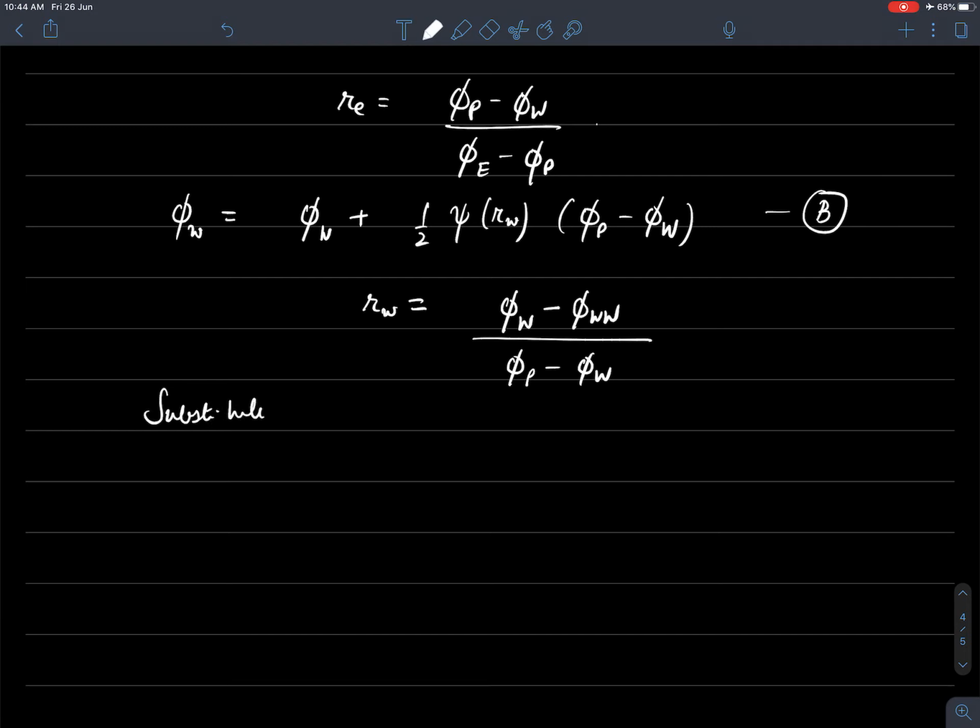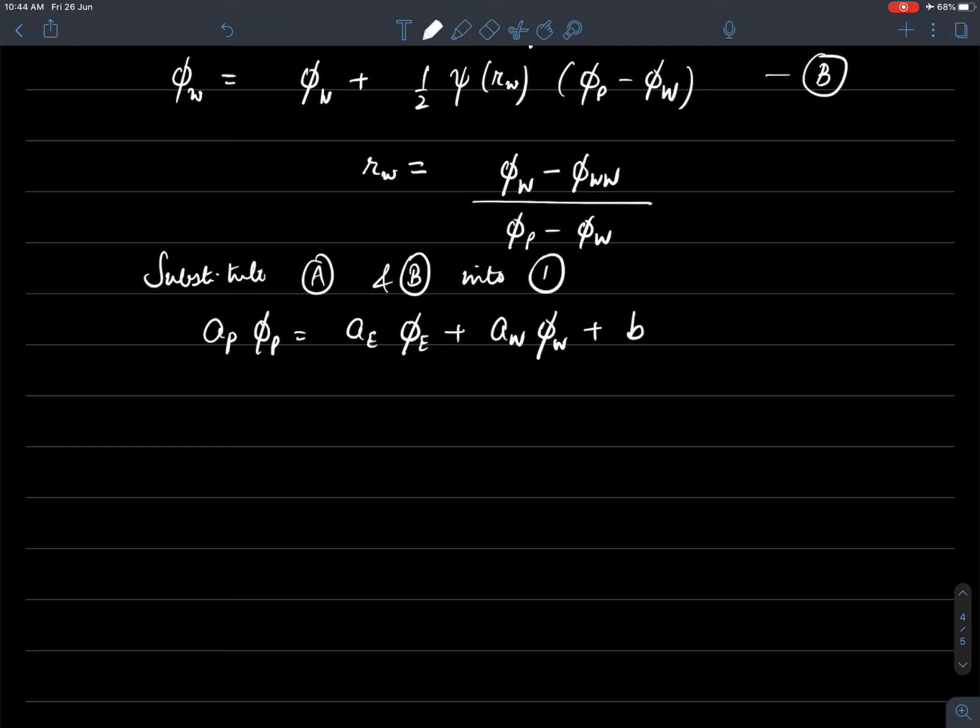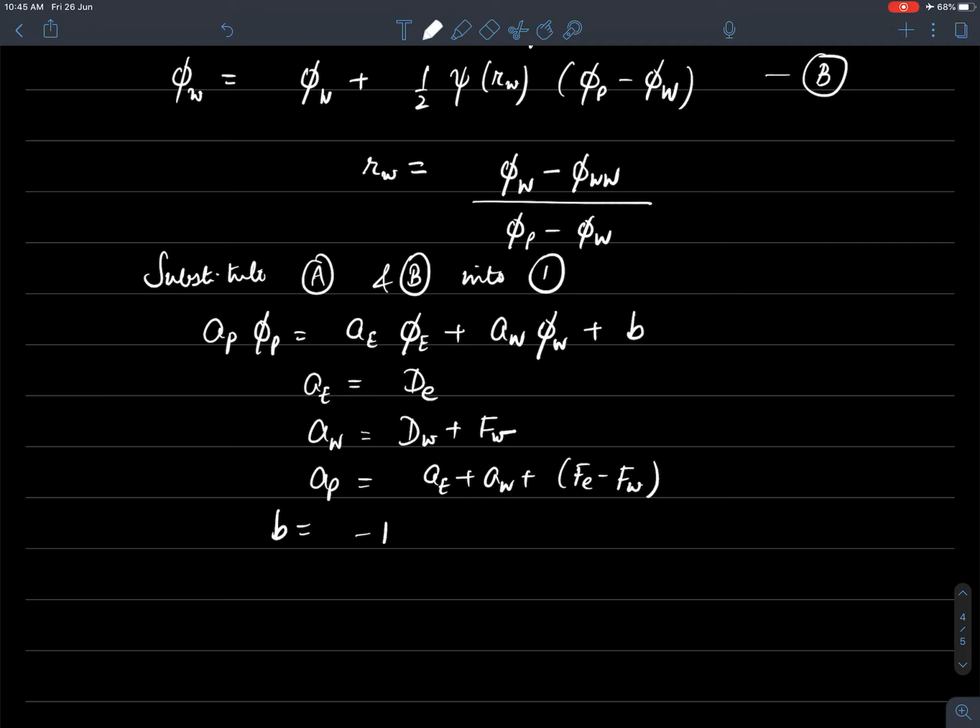Now I can substitute a and b into 1, and then I can simplify to get an equation of this form: A_P phi_P is A_E phi_E plus A_W phi_W plus B, where if you do the substitution and work it out, A_E will come out to be D_E, A_W will come out to be D_W plus F_W, A_P will be A_E plus A_W plus F_E minus F_W, and B, the constant B, would be minus F_E into half psi of r_E into